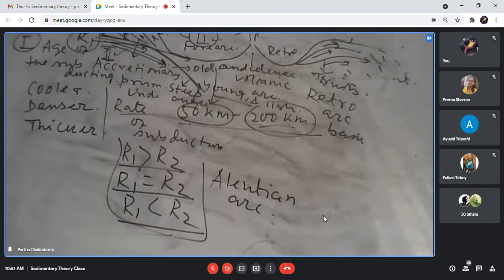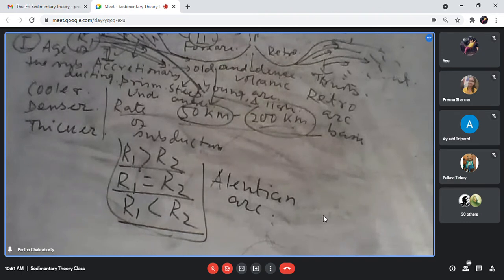Fine. And when you go to the trench, the depth may go up to 10,000 meter, 10 kilometer depth तक ocean trench जा सकता है, 10,000 meter or 10 kilometer. Which is the classical example, the Mariana Trench, which is the highest depth recorded. Now, what is a trench? Is it a fracture?